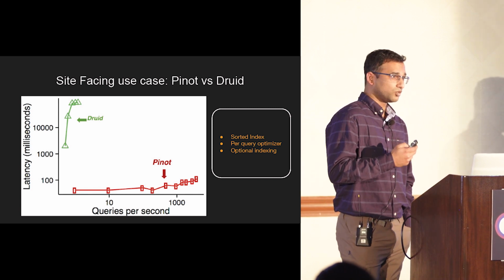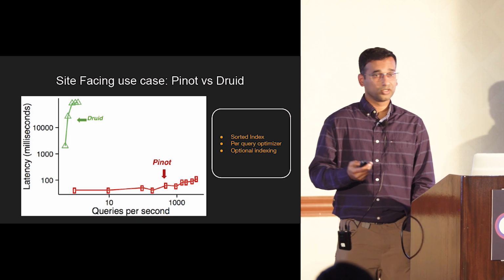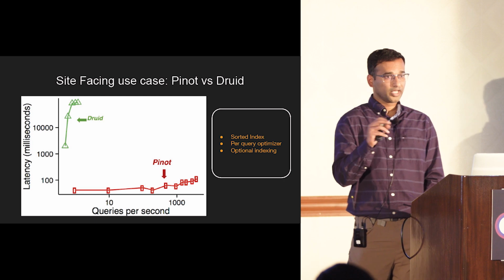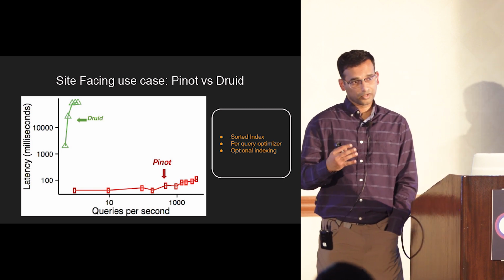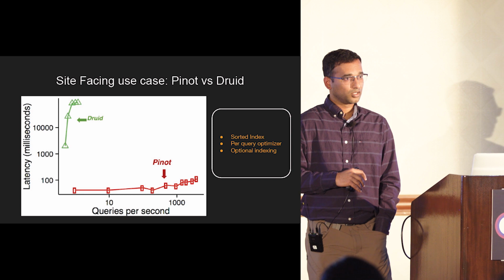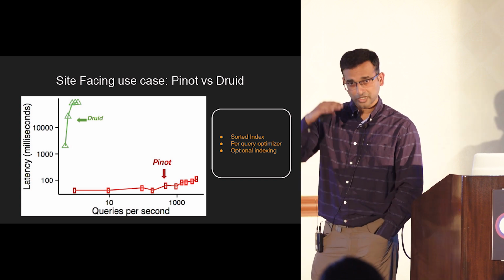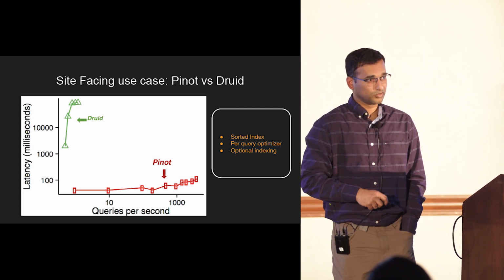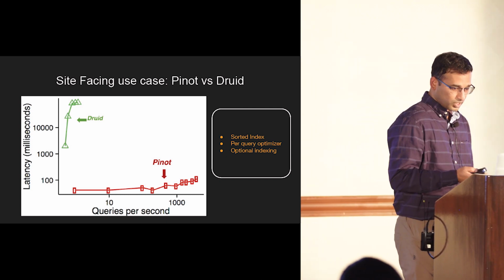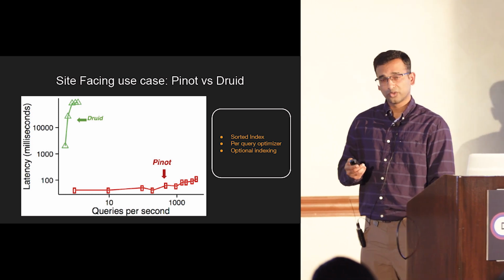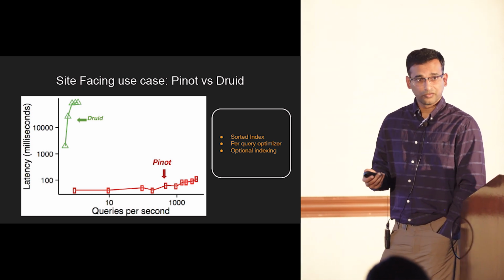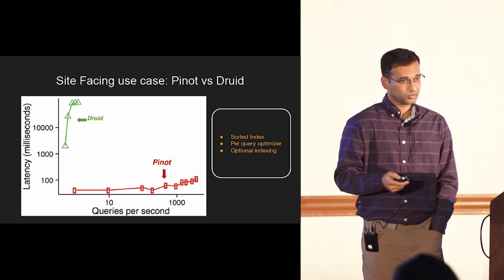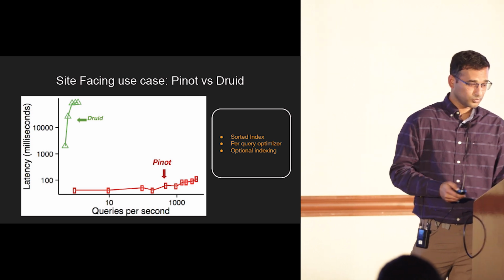We have this concept of optimizing the query based on the segment metadata. So for every segment, every small set of data, the query can look very different. It's very different from the traditional SQL databases where it's only the logical plan that is optimized. In Pinot, we actually optimize even the physical plan. And we also have the concept of optional indexing, unlike Druid, which needed indexing for every field. Pinot doesn't really need it because it knows how to optimize depending on the metadata of the segment.